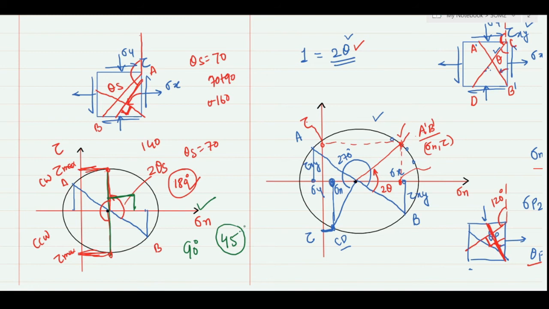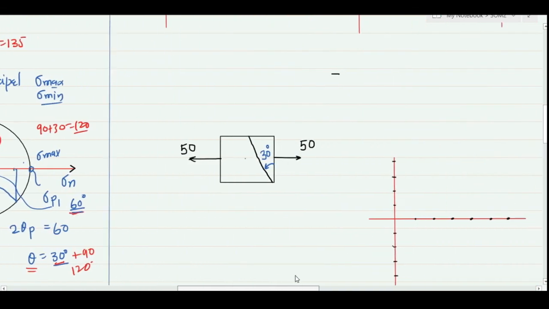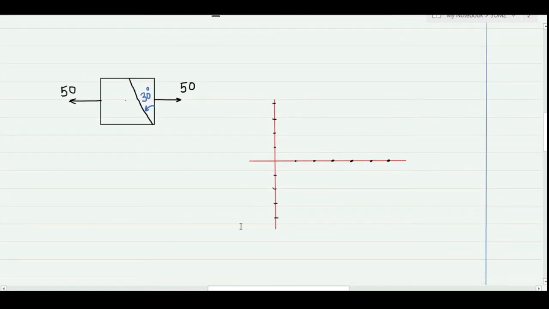So with this I will take 2-3 numerical problems, so that we will understand better how to identify different points and then interpret the results. So again, let's start with a very simple problem. In this case we have only sigma x, sigma y is 0 and shear is 0, and we have to find the normal stress on this oblique plane, let's say a dash b dash. In addition to this, we have to find the position of the principal plane as well as the magnitude of the principal stresses. Similarly, we have to find the magnitude of the maximum shear stress.